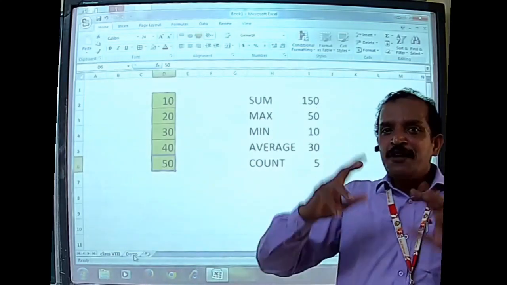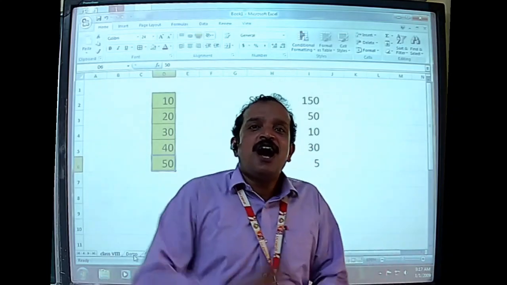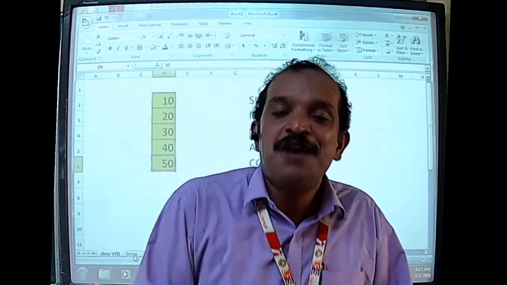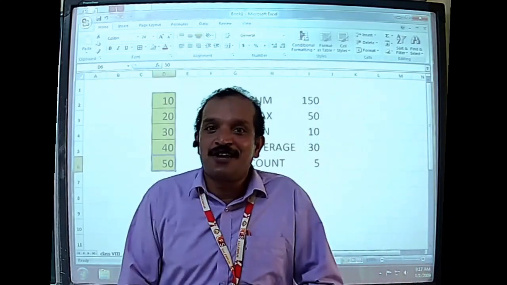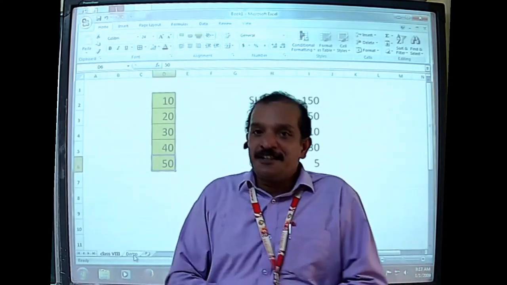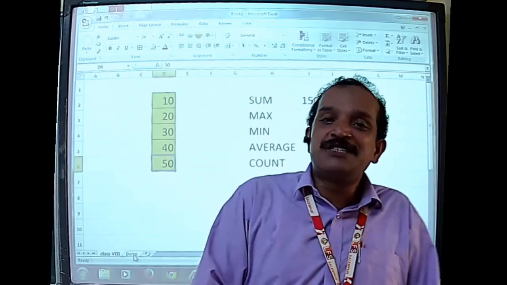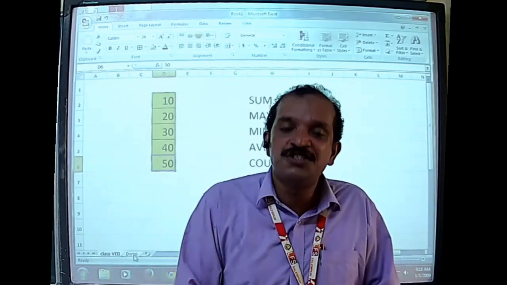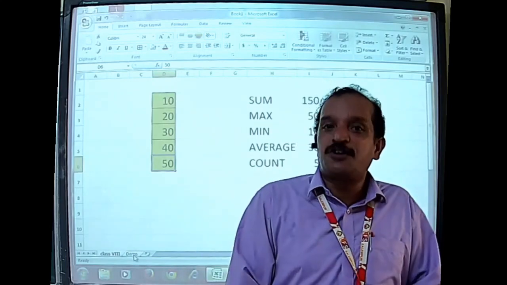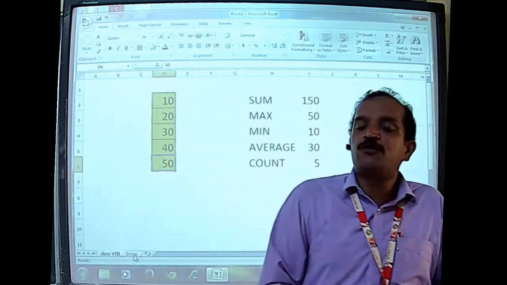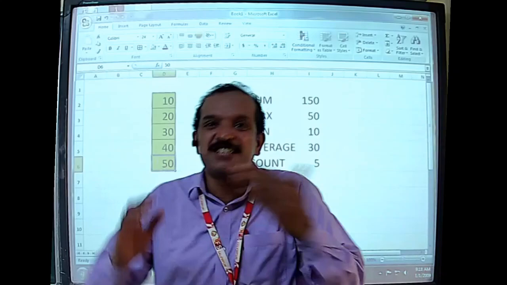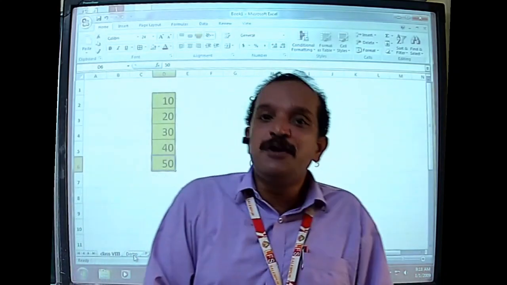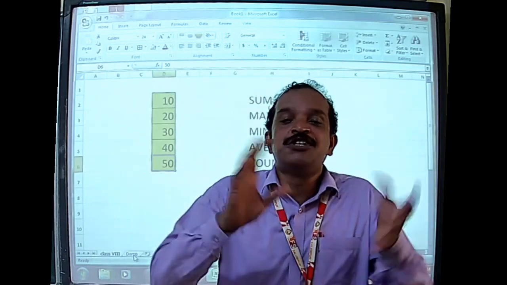In our next example, we are going to see how a simple mark list can be created by using these functions and calculating the percentage. We will be adding the total as well as finding the percentage for a mark list of 5 students with 5 records. Based on that mark list, as part of the last session of this chapter, you will also learn how to create a chart, and we will create a special chart using that mark list.